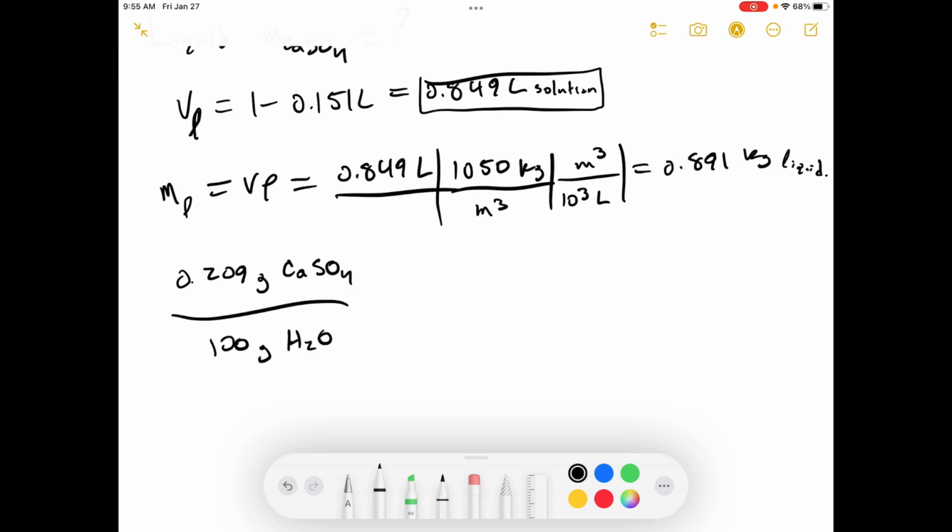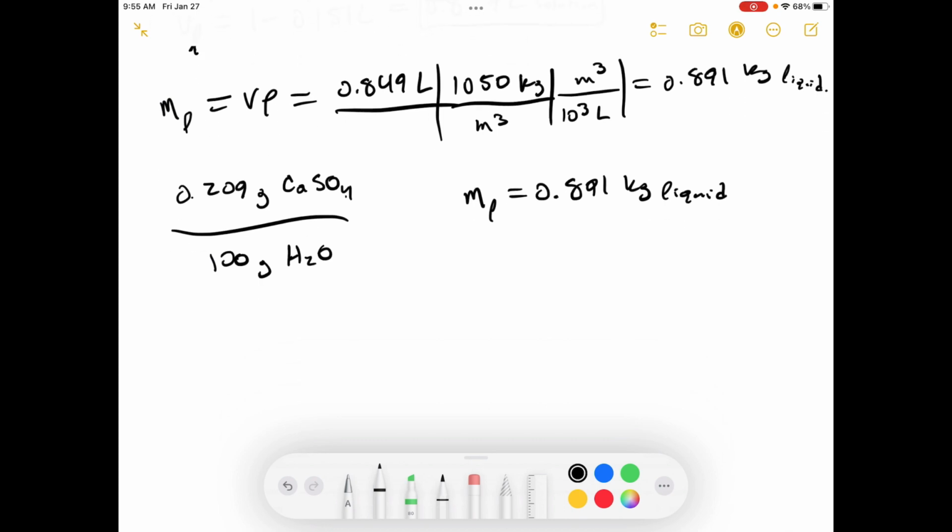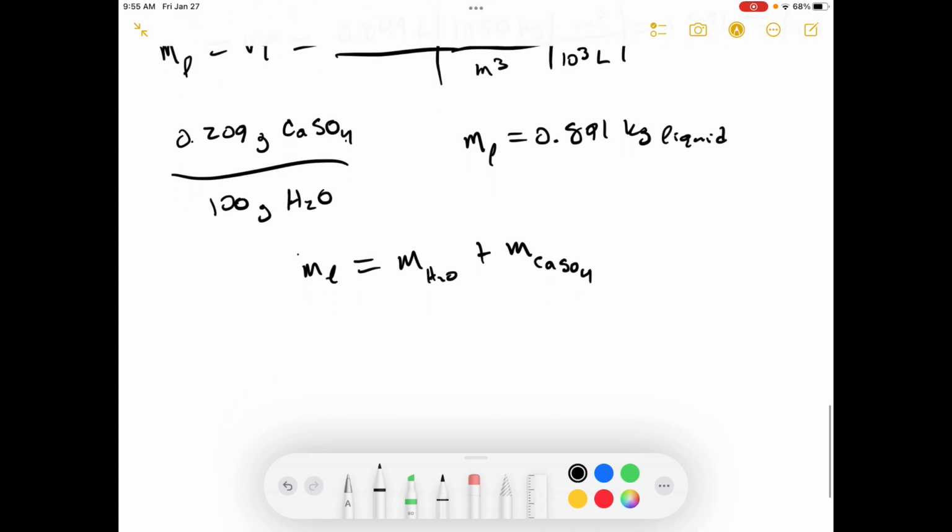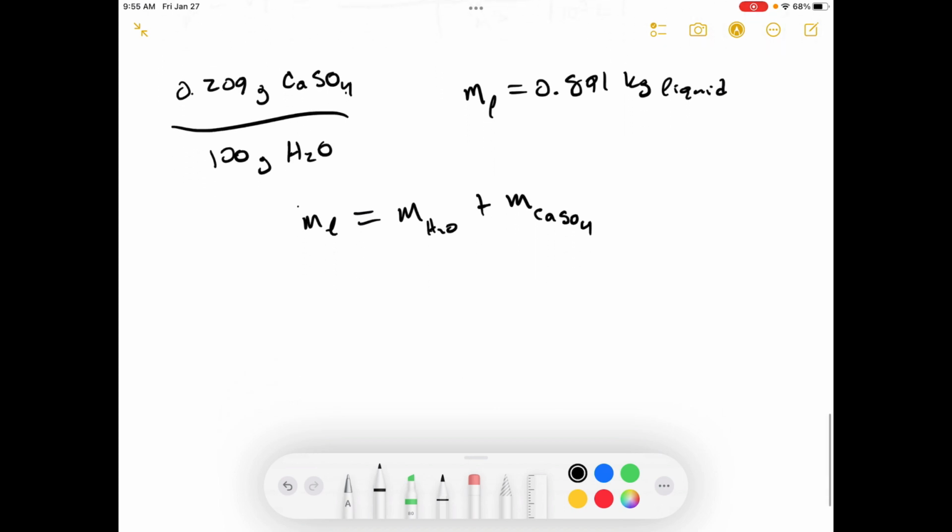And we know that our total mass of liquid is equal to 0.891 kilograms of liquid. But this liquid contains both calcium sulfate and water, okay? So we know that the mass of the liquid is equal to the mass of the water plus the mass of the calcium sulfate, okay? But we know that the mass of the liquid,